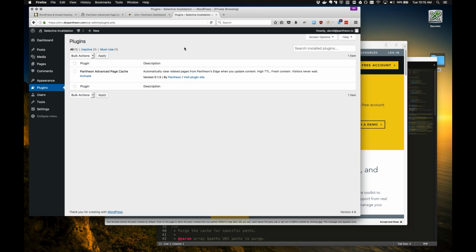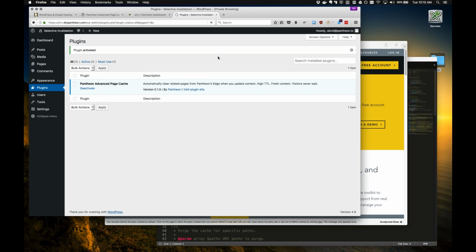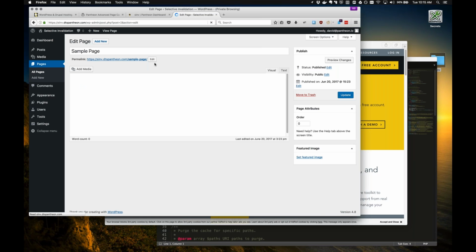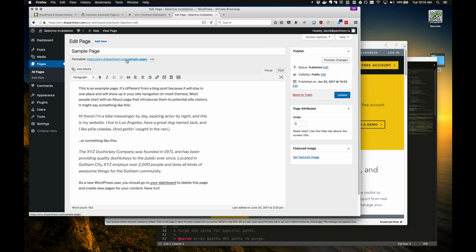I've uploaded the code, but the only thing I've done on this WordPress site, other than install it and upload this code, is remove some extraneous plugins that aren't necessary for the demo. So all I really have to do on a Pantheon site is click activate on this. And then if I go to pages here, now if I go to this sample page, and open it up,